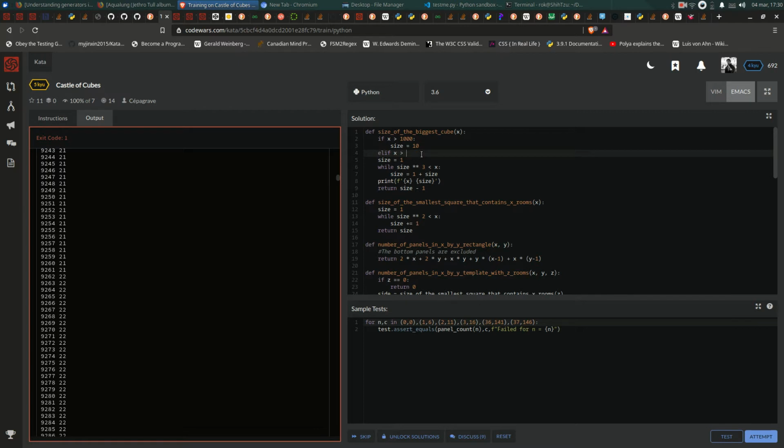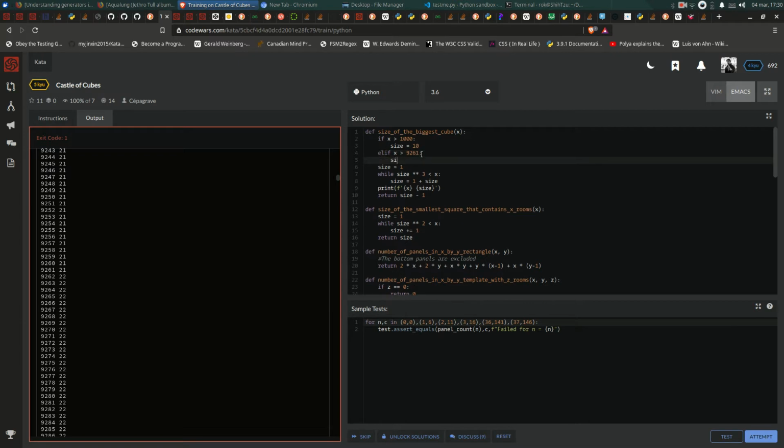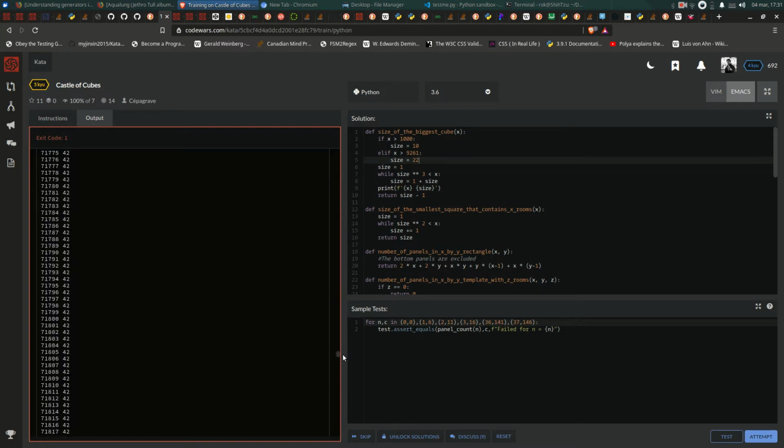I'm just picking arbitrary numbers. 9261 size. So it's 9261 size. Let's start at 22 over here to speed these things up. Something in between 37